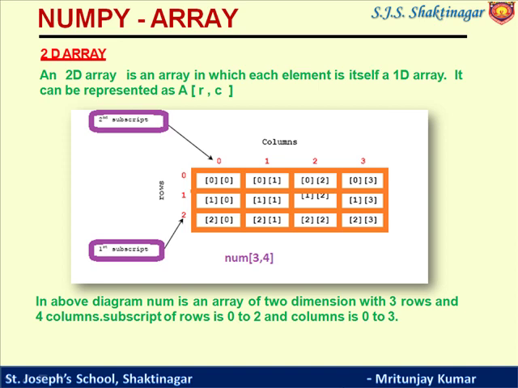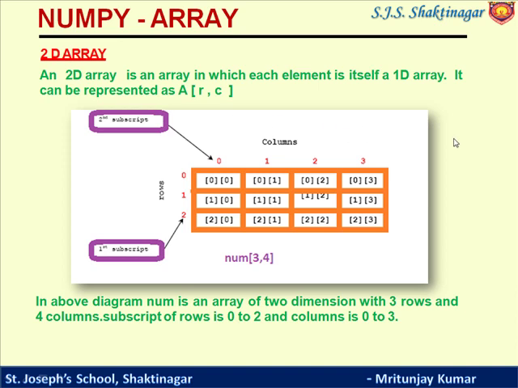You can see these are the rows and columns. So this is the first subscript, the subscripts 0, 1 and 2. These are the second subscripts 0, 1, 2, 3. So 0,0, 0,1, 0,2, 0,3. So here R becomes the rows, and this is the first subscript, and this is the second subscript. Okay. Now we'll move to the next.